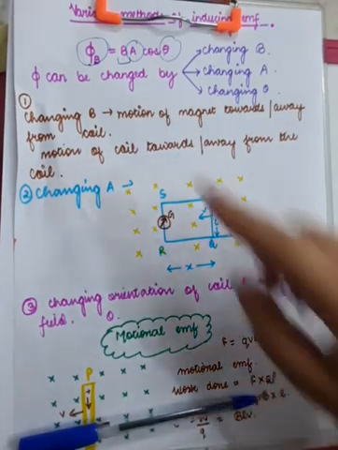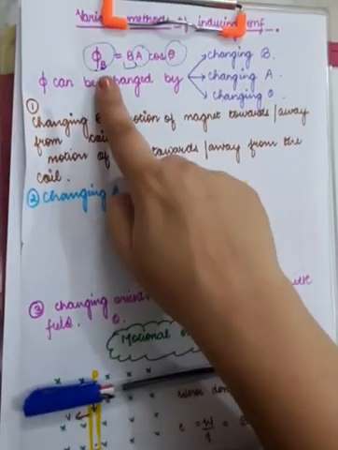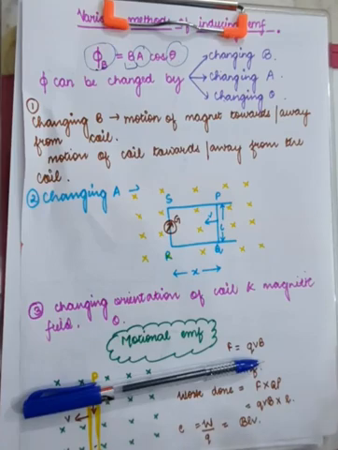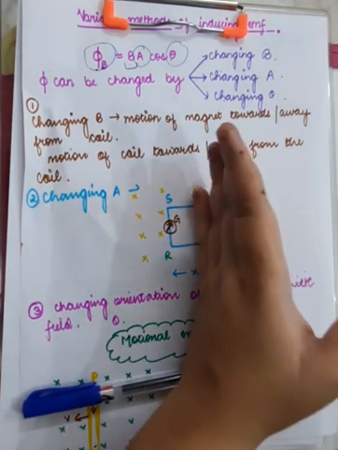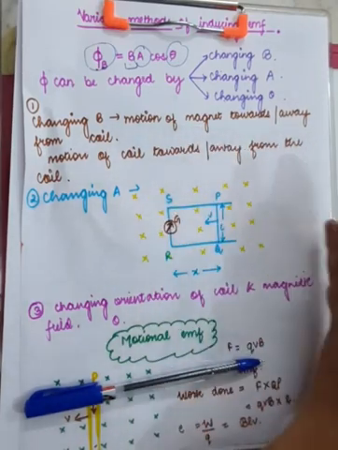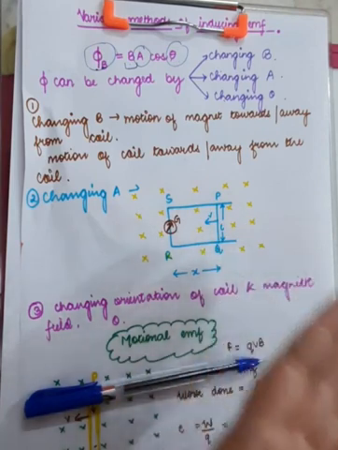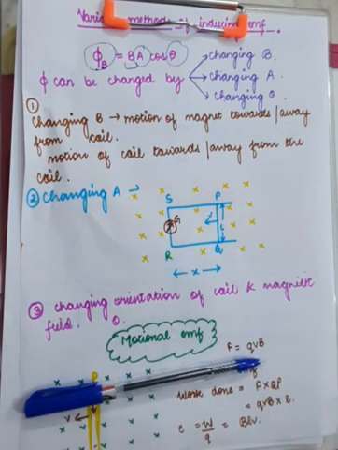When the area is going to decrease, the flux is going to decrease, and that's how when flux changes, you get induction of current. The current will be induced in the circuit. But when you are moving it towards the right, you are increasing the area, and hence you are increasing the flux. And when you are changing the flux, you are inducing current. So what happens is, everything else is stationary here, just you are changing the area. When you are changing the area, you are changing the flux.